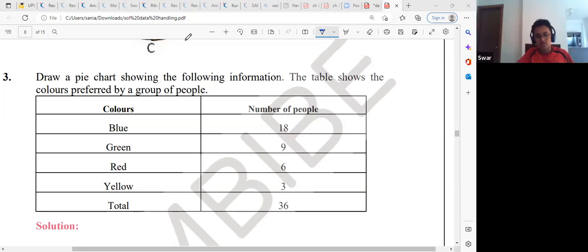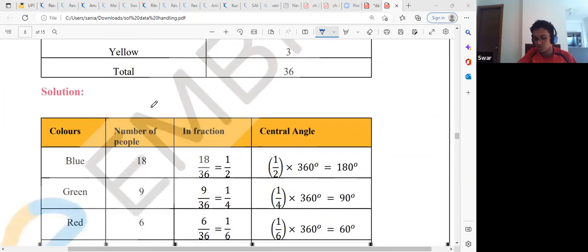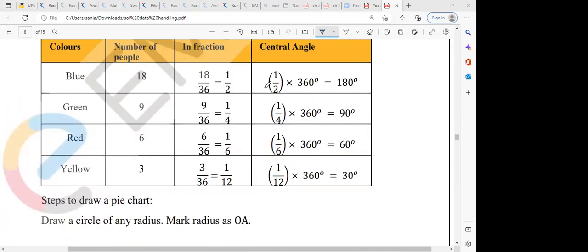Yes, I labeled it also. Can you just show the pie chart once? You got the correct one, 180, 90,